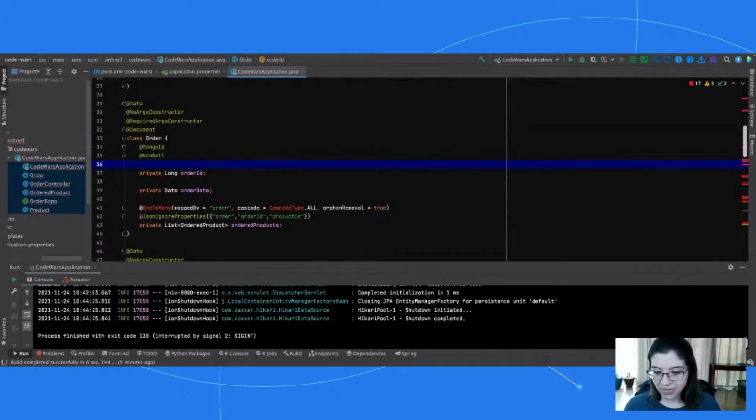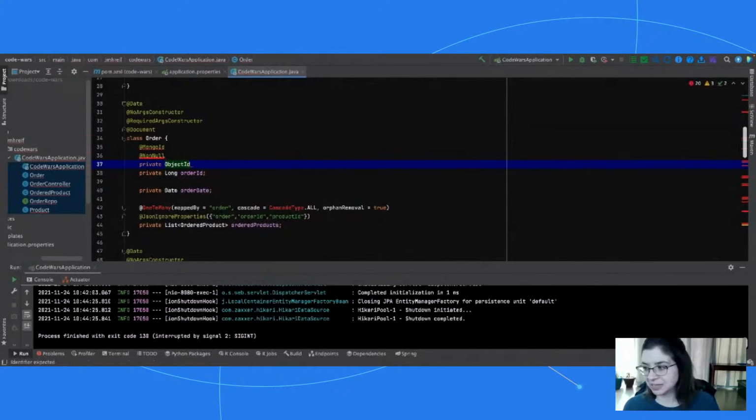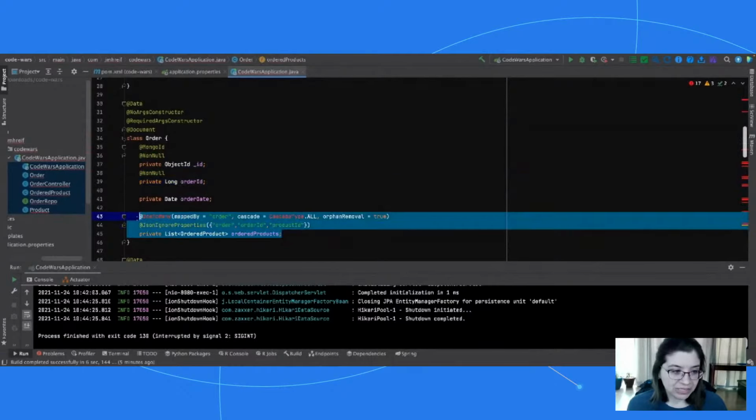But this gives an internal ID. And so Mongo has that. It's called an object ID. It's an object that has a couple of fields lumped into it. And they usually term it with an underscore ID field. And then we also want this to be non-null because this is our technical key.